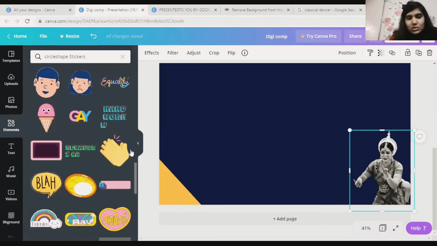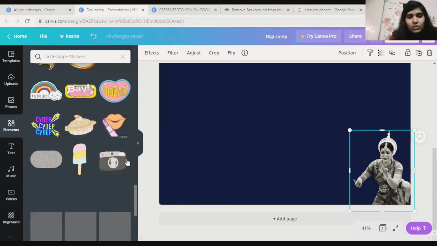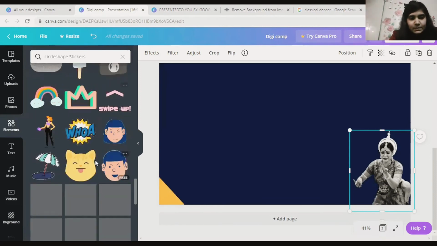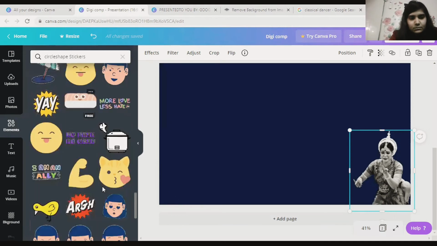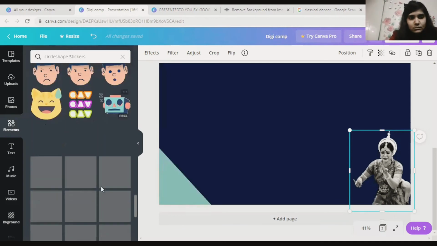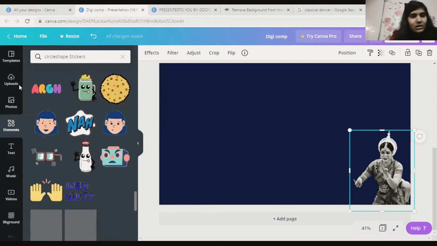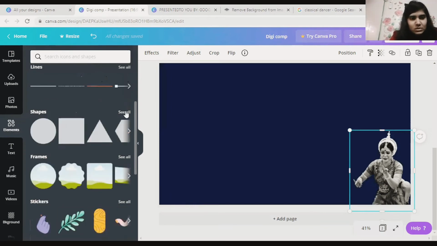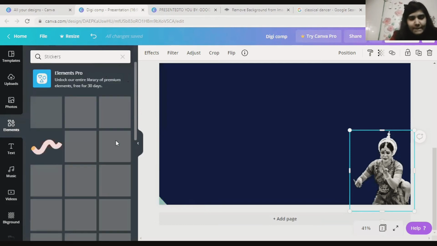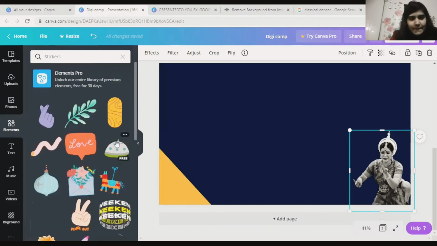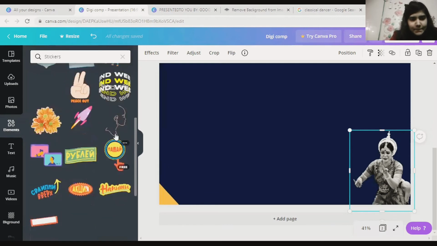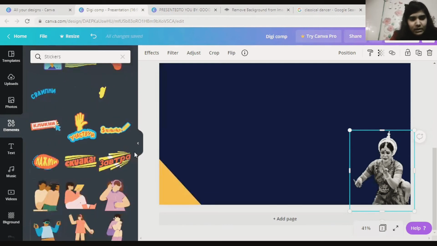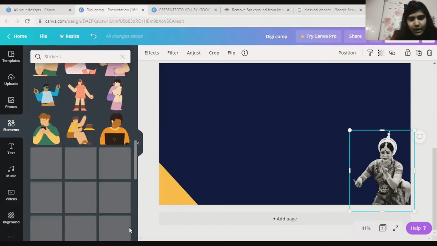But you can see there are so many stickers that you can make use of here, right? There are a lot of stickers. I do not want to make the video very long, so I'll just use whatever I get over here. Hopefully, I can get a nice sticker to add.